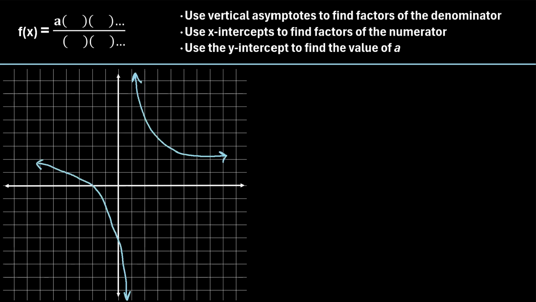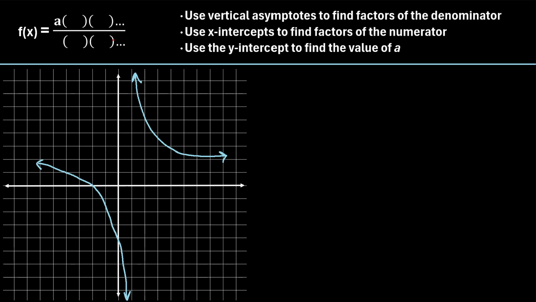In this video, we will talk about how to find the equation of a rational function from a graph. So let's say that we have this graph right here, and we want to find what is the rational function that describes this graph. The way that we can do that is we can write a function in the following form. f(x) is equal to a, some constant, multiplied by some factors in the numerator,